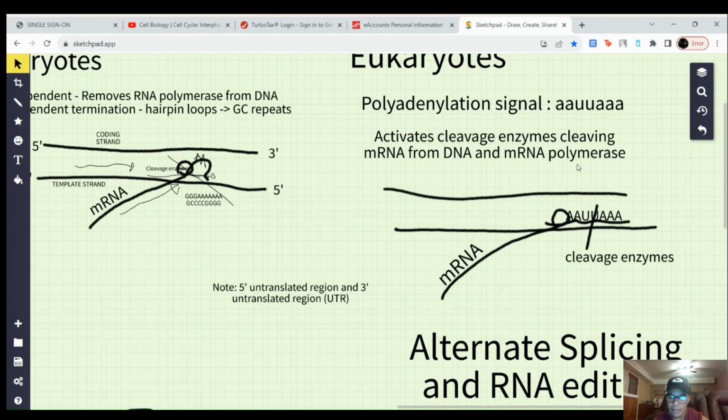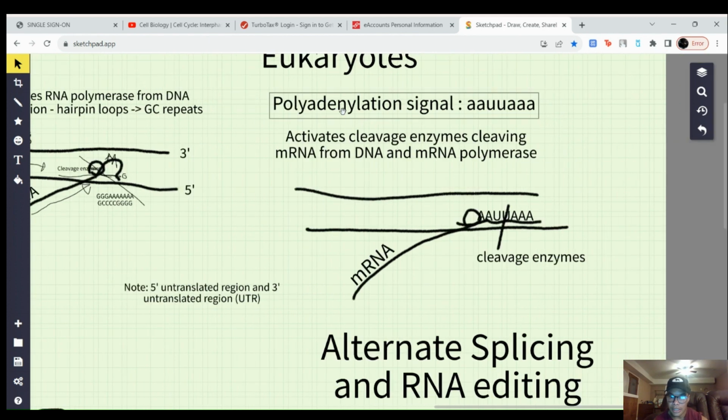I did that because a polyadenylation signal is when, instead of, you know how in prokaryotes you have the GC rich region, in eukaryotes it's a polyadenylation, so it's an adenine rich region, and once the RNA polymerase starts reading this, it reads that